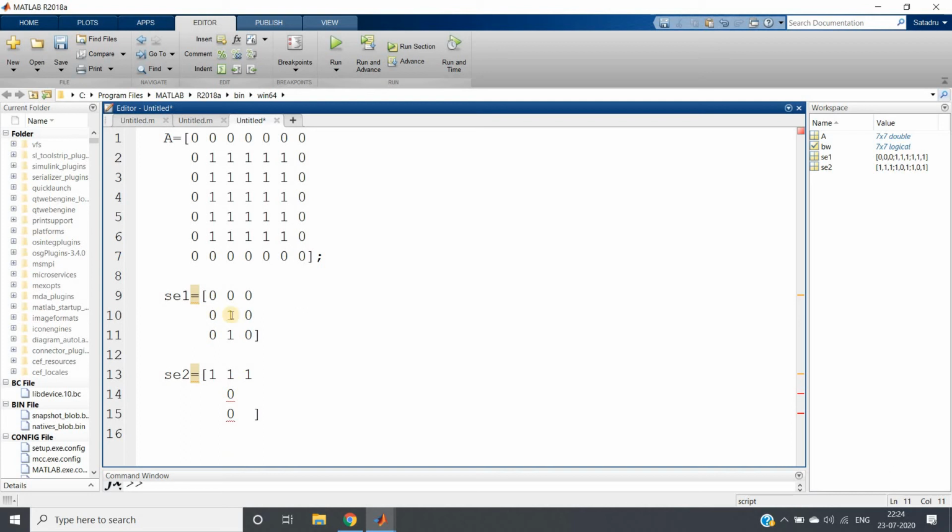Now our computer should understand that these particular parts are irrelevant. So we will put 0 here also. So this will be our structuring element.